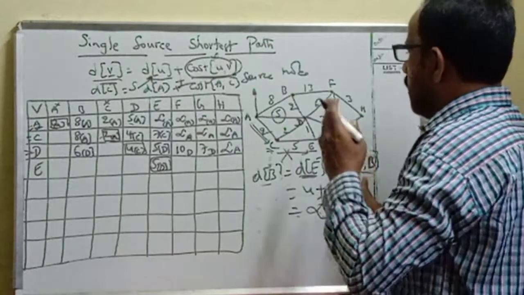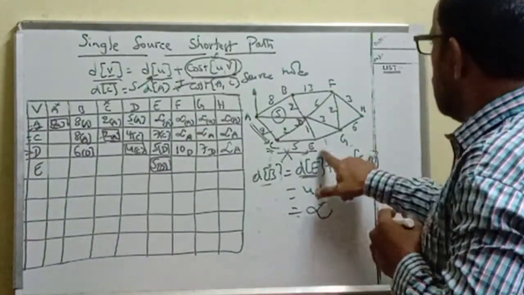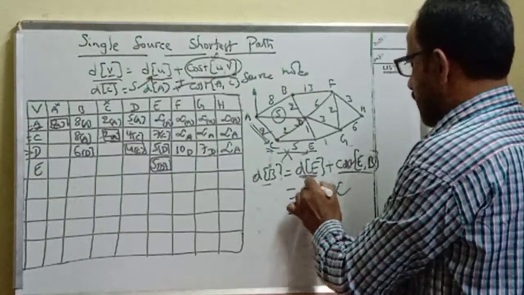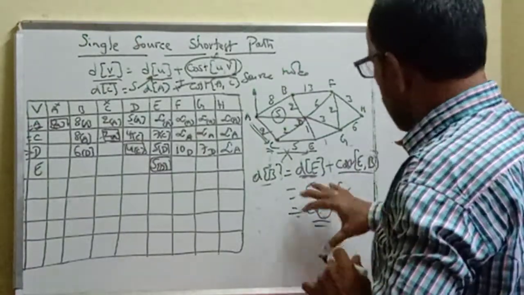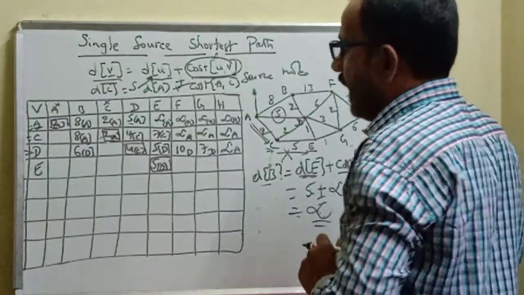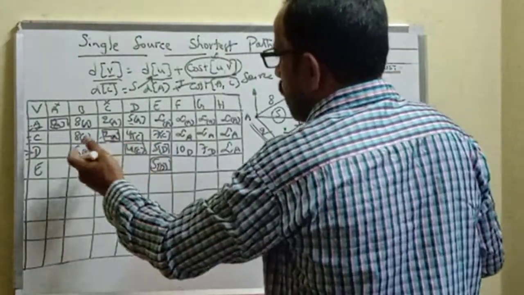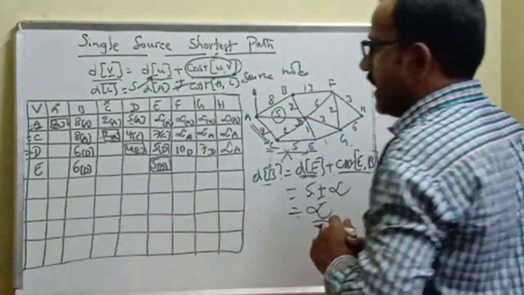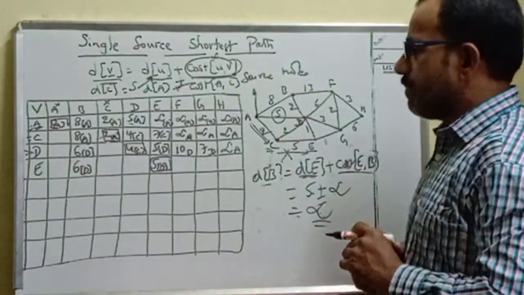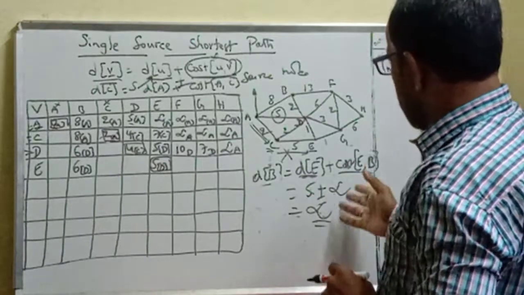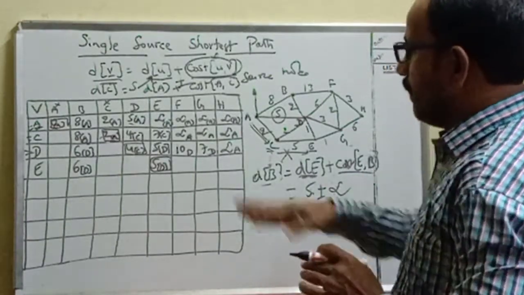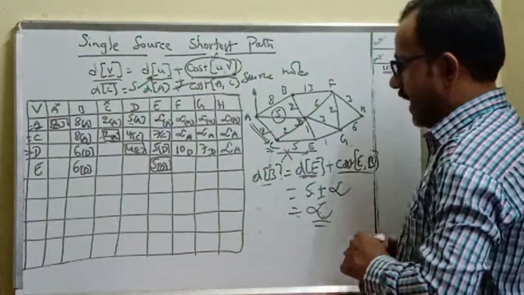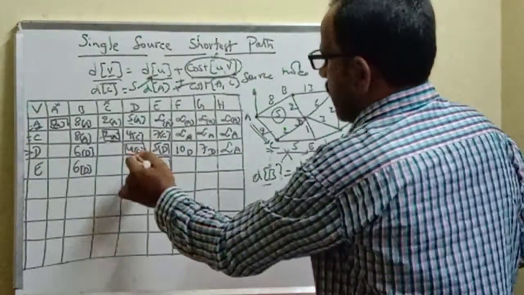Now verify whether E to B direct edge is there or not. E to B there is no direct edge, then this is becoming infinite, and D of E is 5 units. This is infinite, but we got infinite if you go via E. But what about the earlier value if you go via D? 6. Then 6 is still the minimum value, so that is not updated. Updation has not happened even if you travel through E. If we travel through E we get infinite, but if we travel via D, we got 6 units. Then 6 is less than infinite.